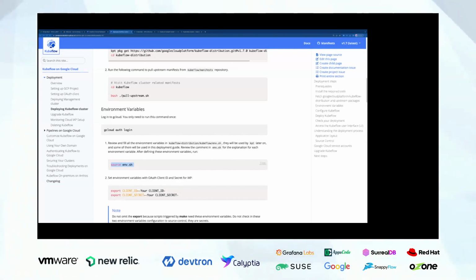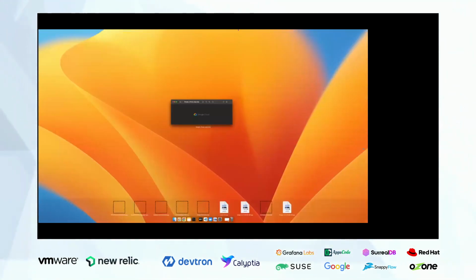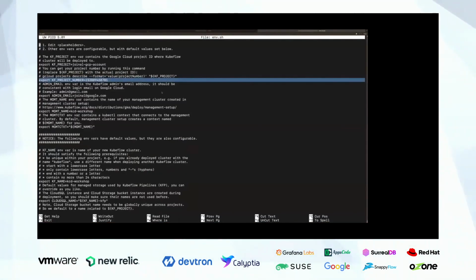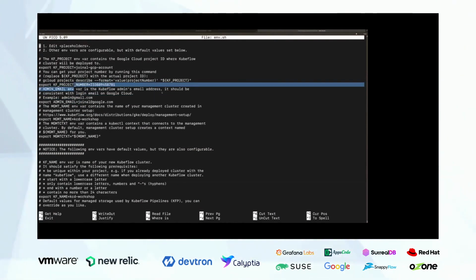Okay, let me just share the entire screen. Is it visible now? Yes. Okay. So this is the environment file that you want to edit in your Kubeflow directory.